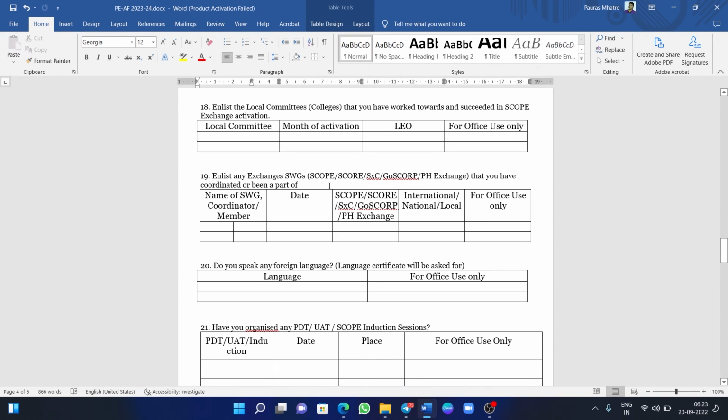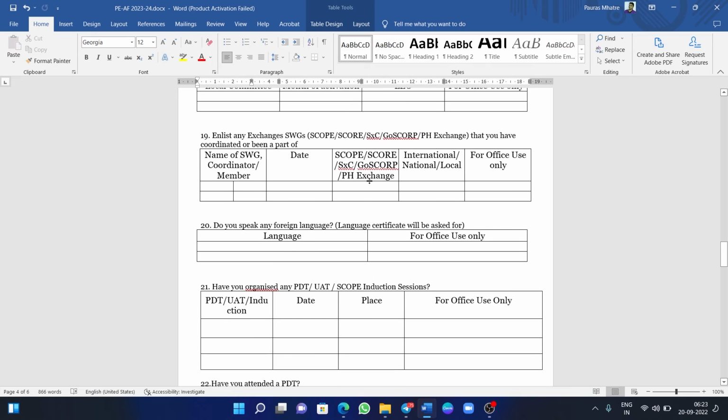But if it is an exchange small working group, it is basically anything related to Scopy and Scori, or Scora exchange, Scorp exchange, which is known as GoScorp, or SCOPH exchange, that is public health exchange, that is PHEX. So these three are exchanges of those particular committees, so if you have been part of a small working group of any exchange,